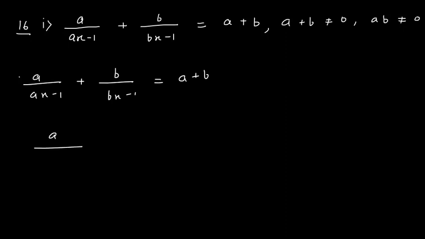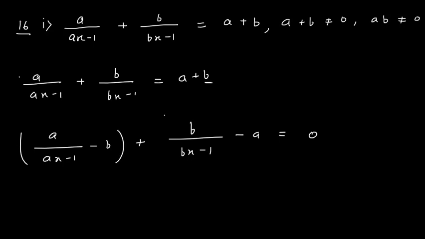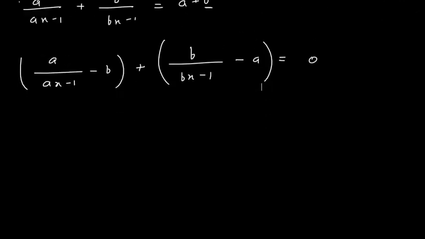So I will write a upon ax minus 1. Now with this a upon ax minus 1, I will take this b term. I will say minus b. Actually this is given in your book as a hint. But if you think logically, then you will find that if you write b with this a upon ax minus 1 and if you write a with this b upon bx minus 1, then when you cross multiply you will get the same numerator, and thus your problem will become little easy.